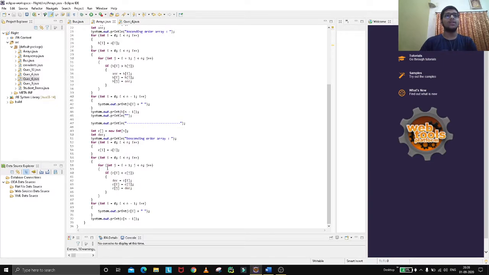So we have int i equal to 0, i less than n, i plus plus. For the other for loop, int j equal to i plus 1, it checks the next index values till n, and we increase i plus plus and j plus plus. Now if c[i] is less than c[j], we swap them using a temporary variable so that we can arrange in descending order.